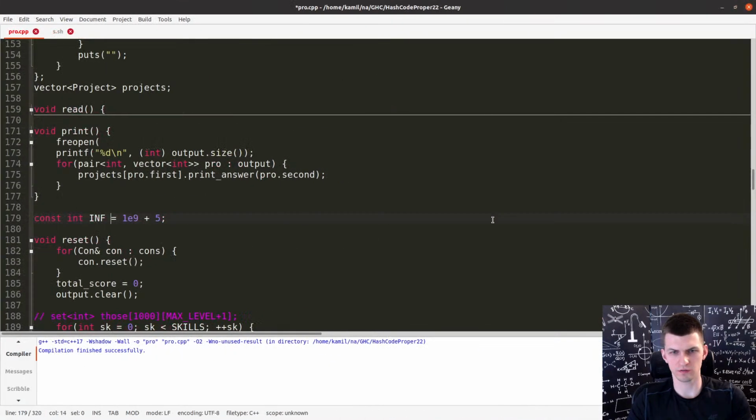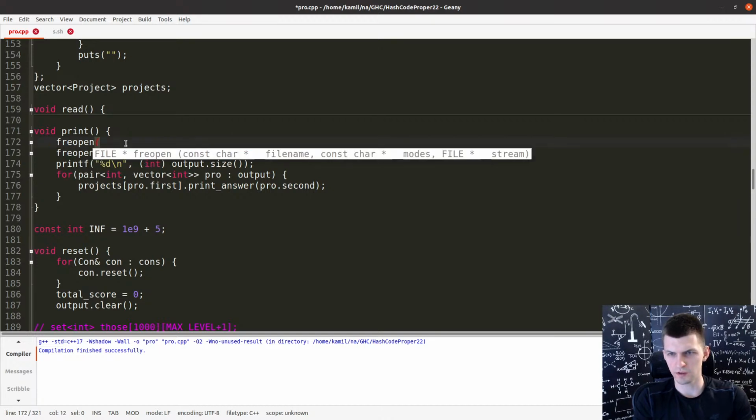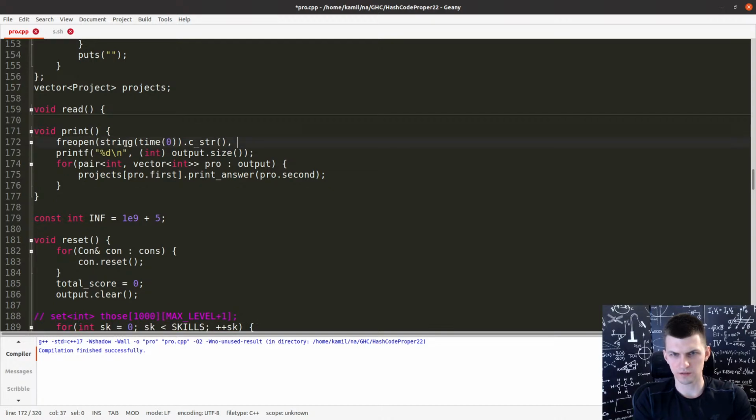So time of 0. I think like that. Will that work? And now, what do I type next? Reopen file name, then an array with mouse, then cd out. Right, cd out.